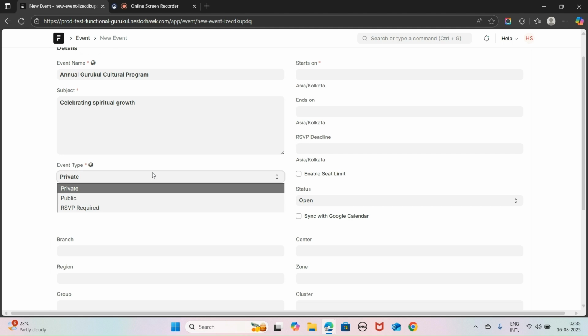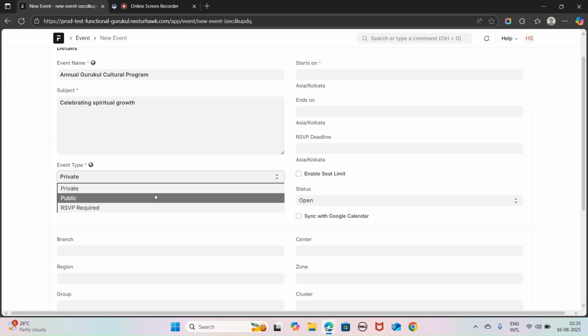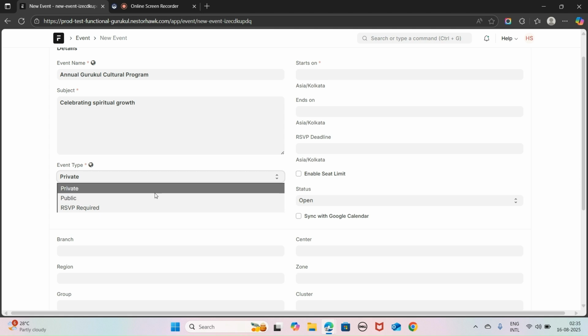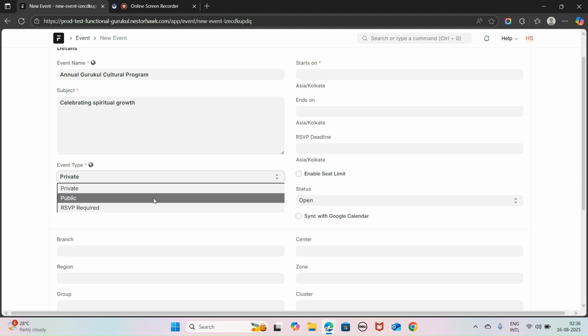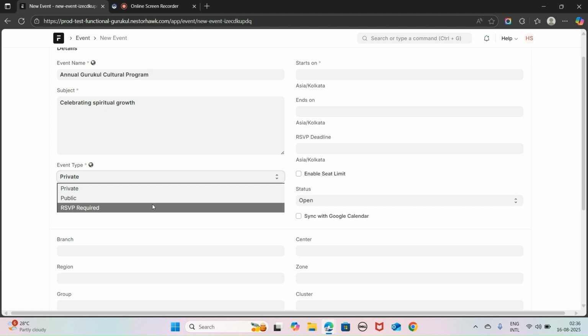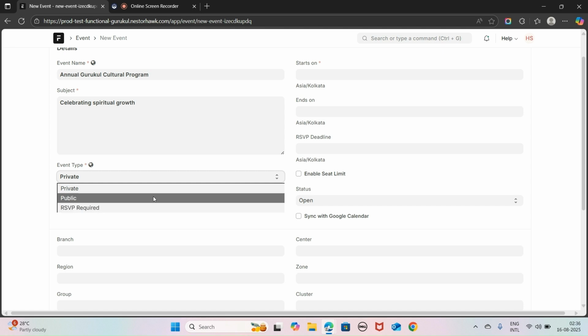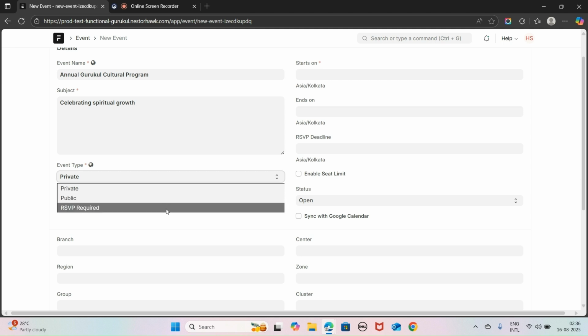Private means the event is only visible to selected members. Public means the event is open for all the members or the general public to see and join. RSVP required means the event requires participants to confirm their attendance before joining.